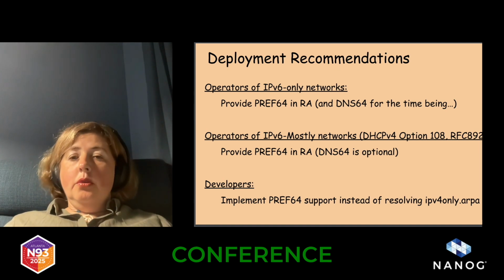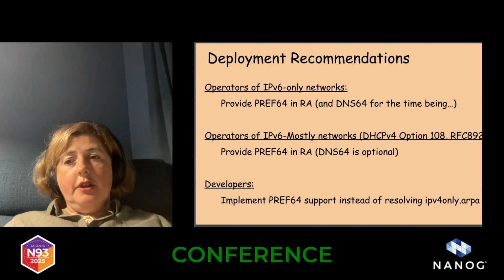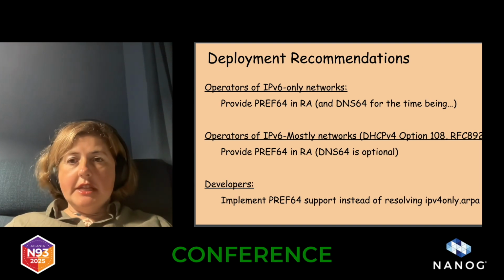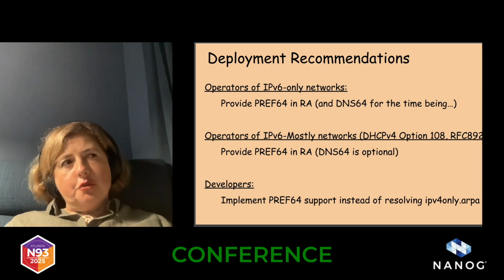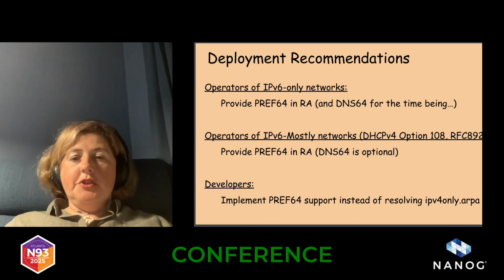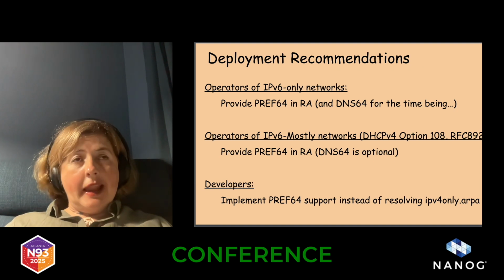DNS64 in all cases for IPv6-only or IPv6-mostly, when you have a mix of dual-stack and v6-only clients, you might still need to provide DNS64, especially in a v6-only network. Because in v6-only networks, you need DNS64 unless all your clients support Pref64. If you do in v6-mostly networks, which means only clients which send DHCP option 108 become v6-only, in